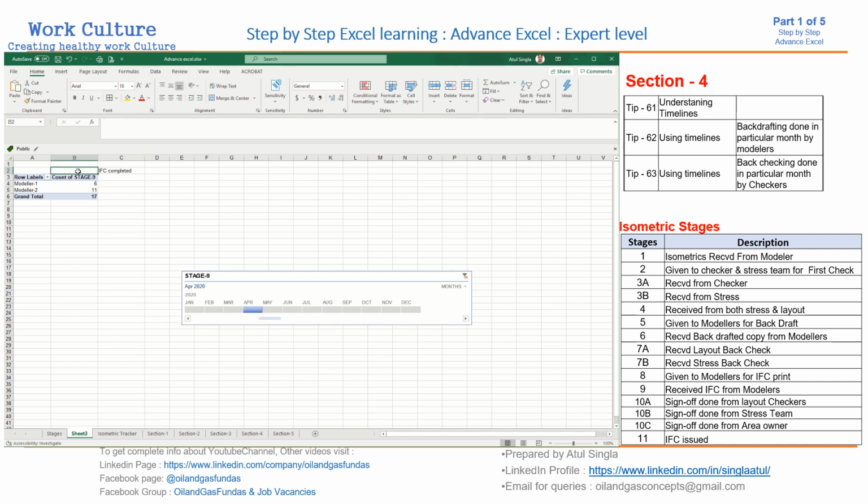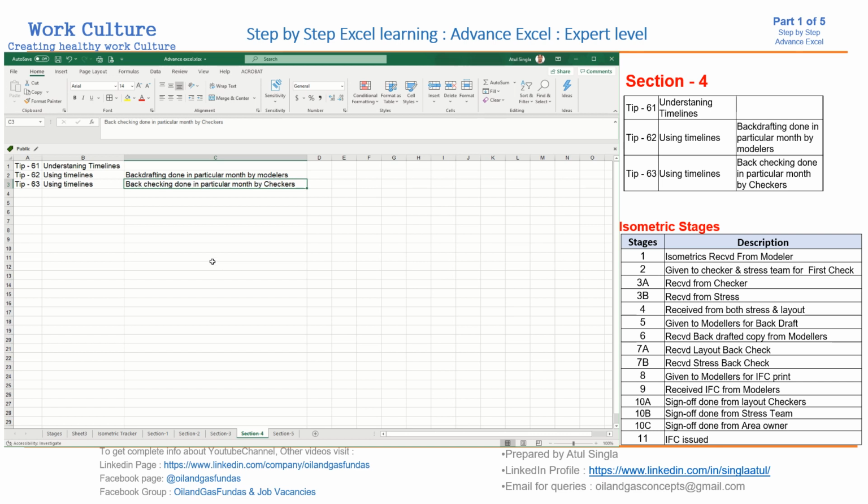Now we are talking about IFC completed. So these sheets were completed in the months of April, May, and 18 sheets in June. So in 2 months IFC front was cleared. So this way you can check the timeline. You can add the timeline and check how much output was there against each and every modeler.